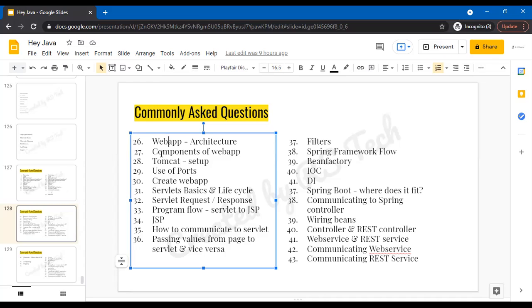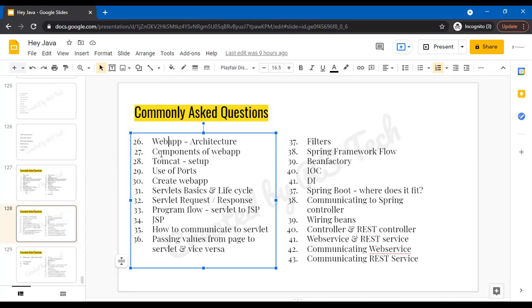Java has JSP. So what is JSP? Java Server Pages, which is a mix of HTML, CSS, JavaScript, and Java. So JSP is a mix of four: HTML, CSS, JavaScript, and Java.